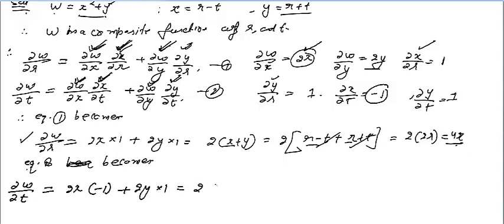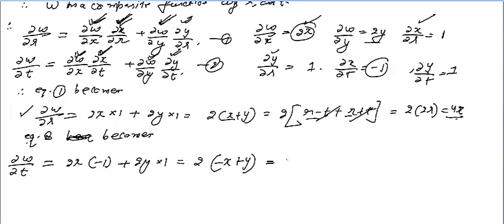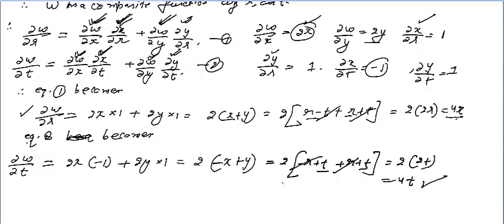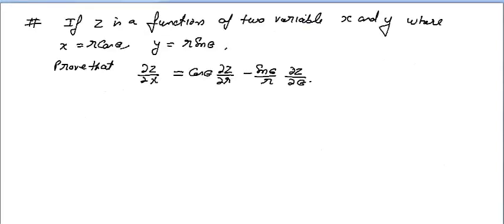So again you will get 2 common, you have X minus Y, so minus X plus Y. So you will put the value of X here. The value of X is R minus T, and if the minus is outside, so minus R plus T. So the value of Y is R plus T. So R cancels out, T plus T is 2T. So 2 into 2T, you are getting 4T. So you are getting the answer in T. So this is the answer of this question.